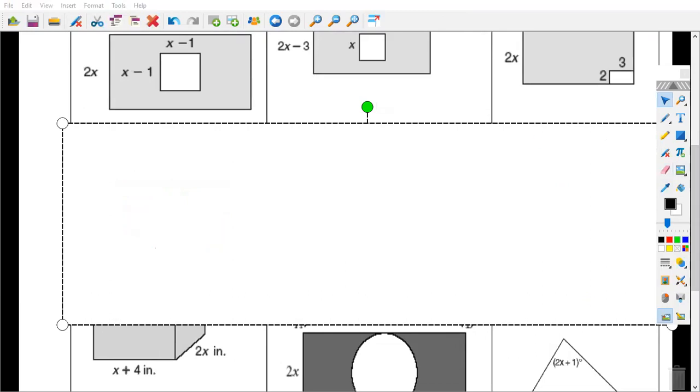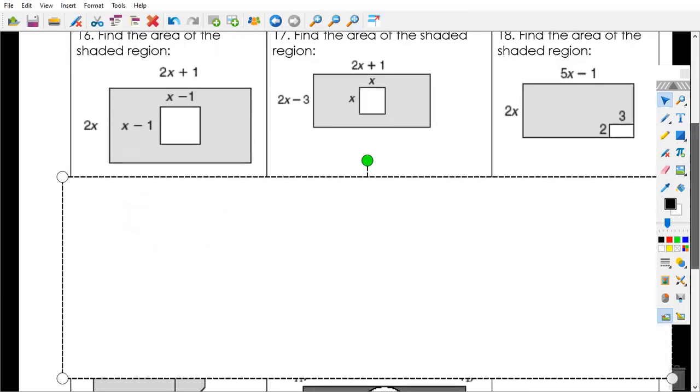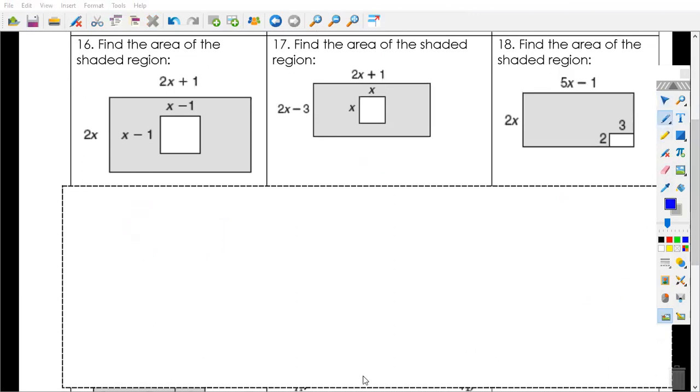Yes. So we're going to do 16, and then the rest are going to be practice. Got it? So on 16, the area of the big one, I'm going to do the big, which is going to be length times width. So we have 2x times 2x plus 1, and that's going to equal